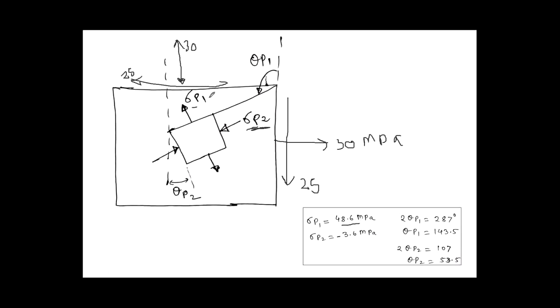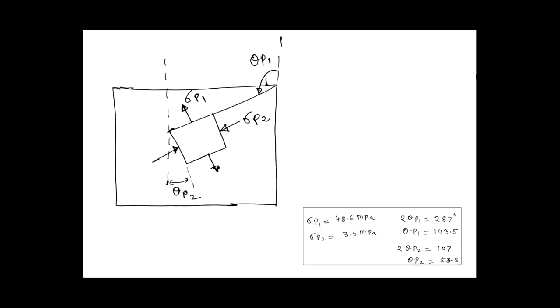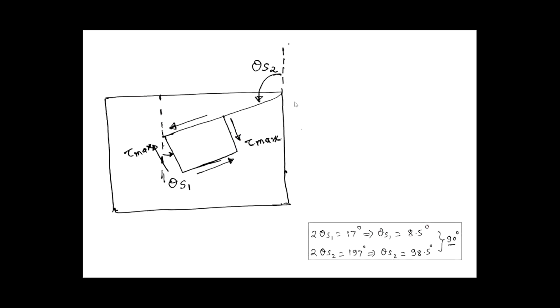Okay, so you have to locate it this way. So this is the location for the principal plane. Similarly, we'll have the location for the shear plane. हा principal plane झाला, जिथे theta p आला, that is the principal plane. So similarly, we'll have the shear plane, theta s1 and theta s2. So you have to mark from this particular plane. इथून तुम्हाला theta s2 मार्क केला.